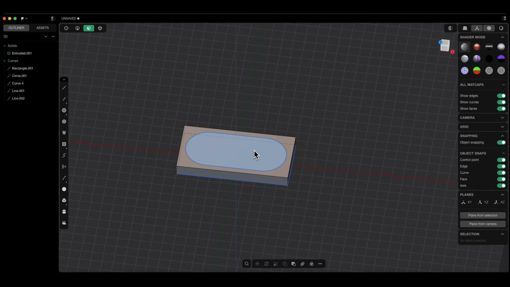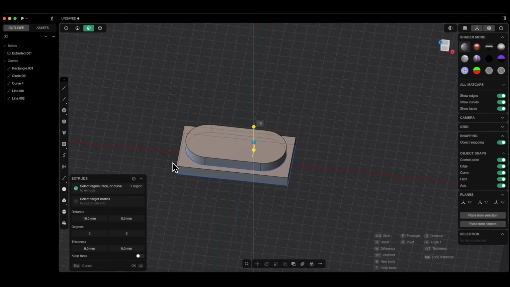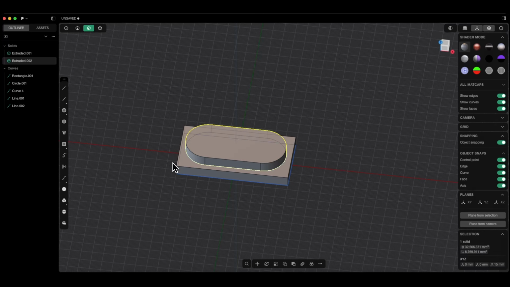Now select the area. Extrude command is active. Press D, type 10 and press enter twice to finish. And you've added a new piece, but it's a separate solid. If you want to join it to the previous one in the outliner,